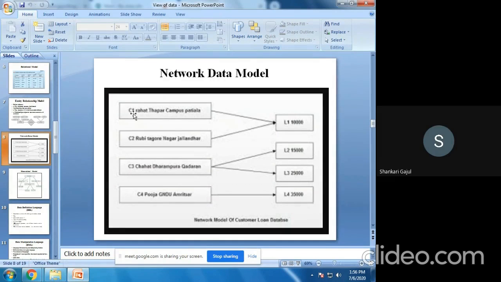Okay, now this is my one record and this is my two record. So the link should be between the one and the two records. Okay, so this is one example for the network data model. The data present in this type of model is a collection of records, and the relationship between these records or objects is represented by a simple link, or the pointer. So this is the network data model.